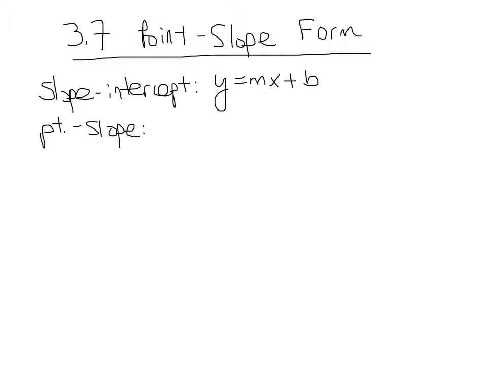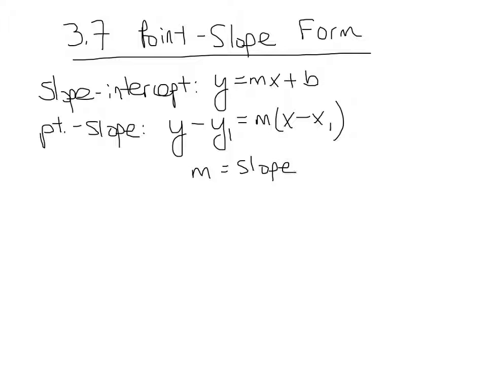In this section, we learn a brand new way to write the equation of a line. It's called the point-slope form, and it is as follows. y minus y sub 1 equals m times x minus x sub 1. m is still the slope of the line, not surprisingly, and one point that the line passes through is the point x sub 1, y sub 1. It could be any point,